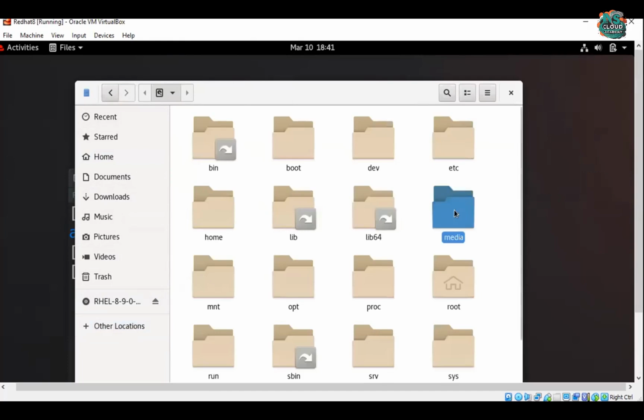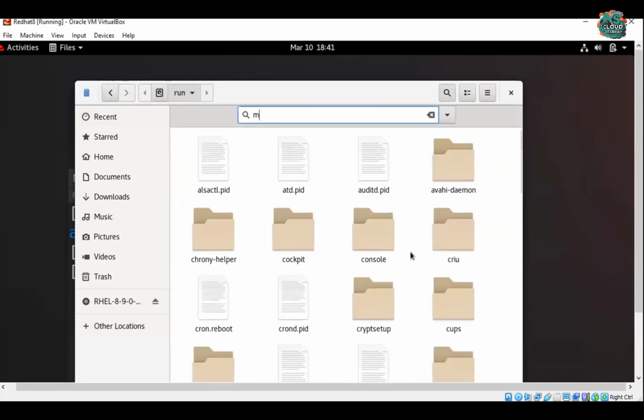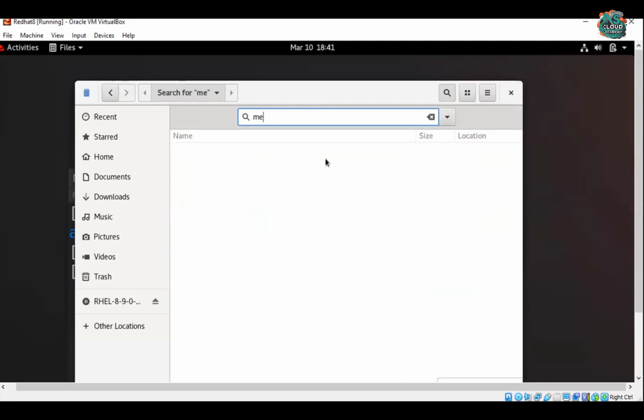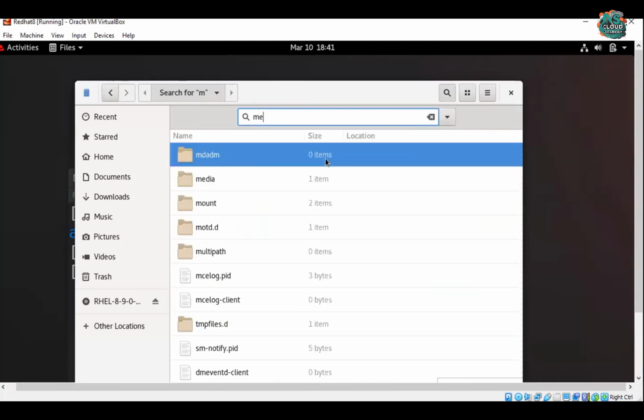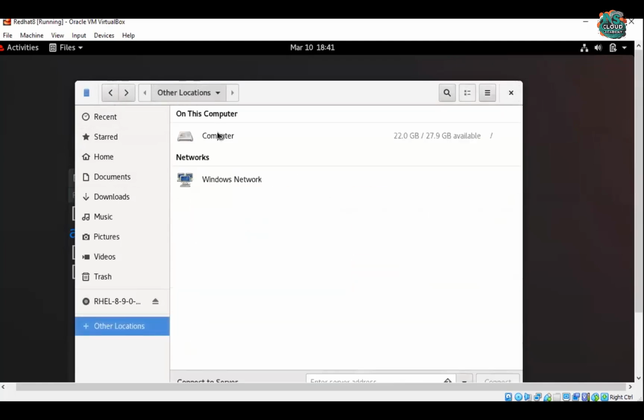Either you will find it in media, or you will find it inside run than media. So both are the same, but you will find it in one of the places, maybe here and there, right? Okay, great. So next is